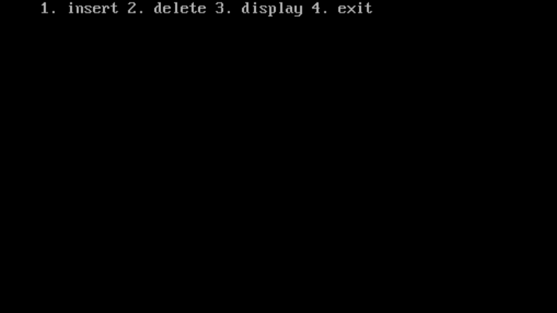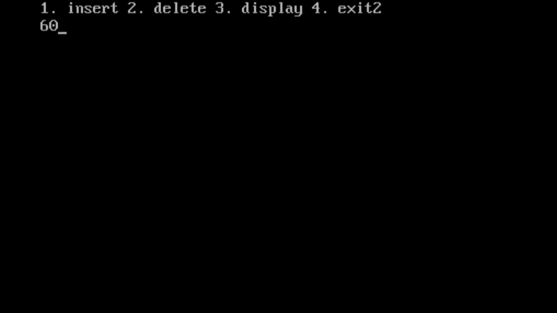If I try to insert one more element, it says overflow because you cannot add more than 5 elements. That's how it works. When you go for deletion, you have to check for underflow. Underflow means you are trying to delete elements from the stack when no elements are there. Right now there are 5 elements, so you remove all the elements. After 5 removals, you can see it says underflow.